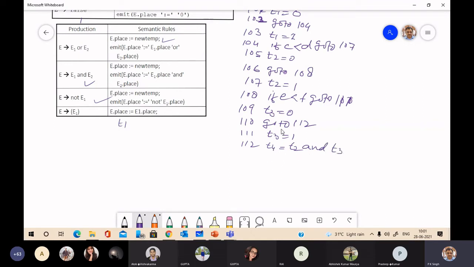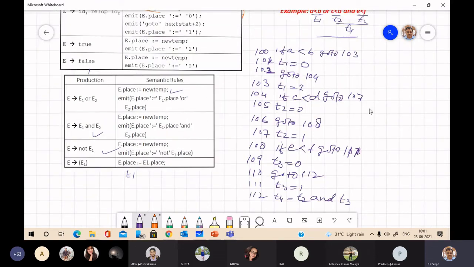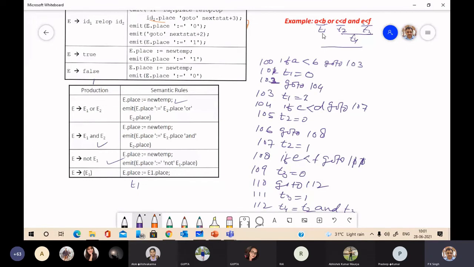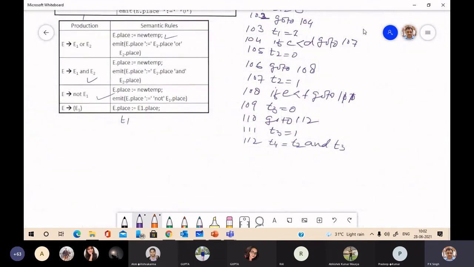Next, you will perform this OR operation on T1 and T4. This is expression 1, E1, and this is expression 2. So the place value recorded at E1 place is T1 and at E2 place is T4. We have just computed.